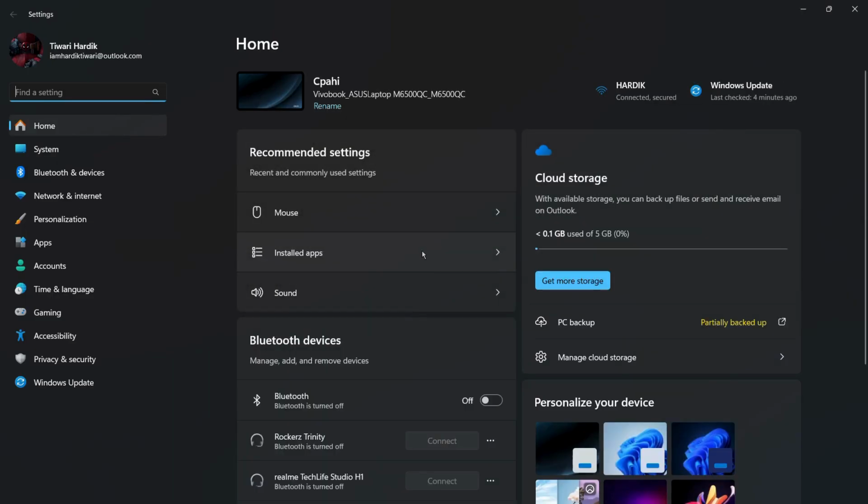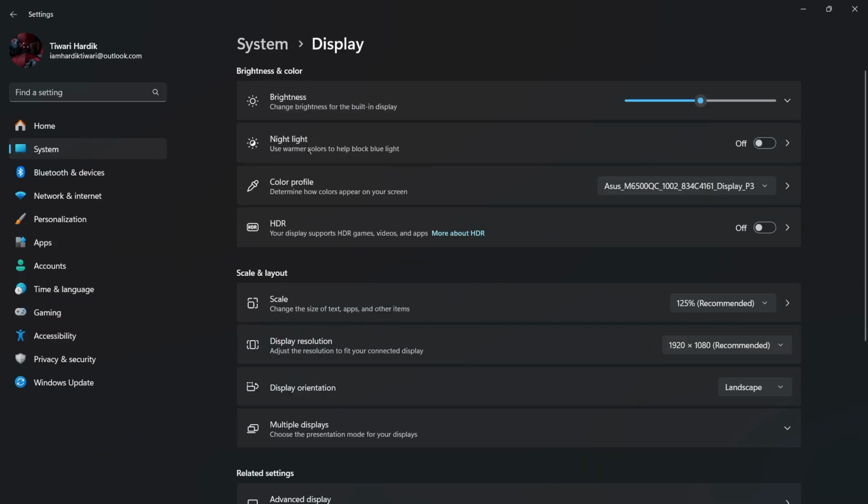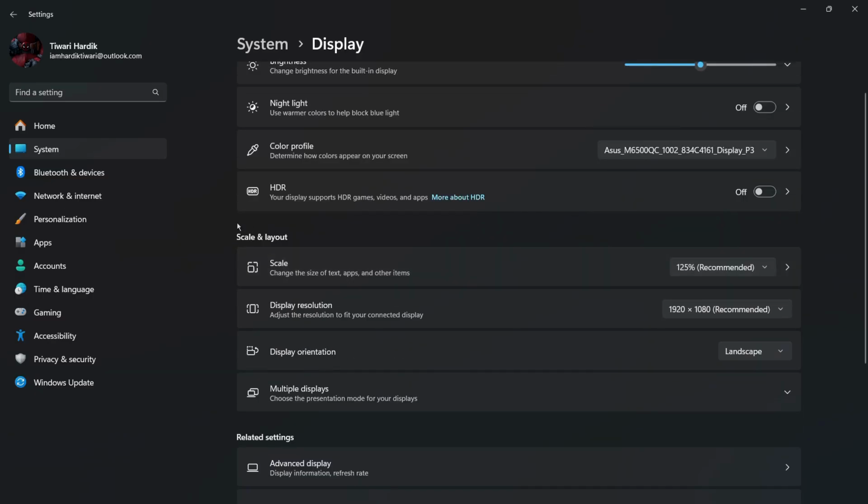Now, the next thing we need to do is click onto this system option at the left. Once you click onto the system tab, you will see a number of menus displayed here. Now, you need to click onto this display option. So simply click onto the display option and then from here, you can see the scale under the scale and